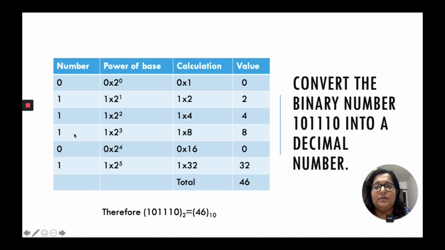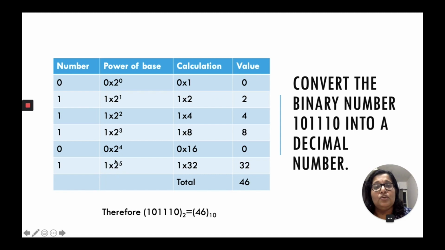The next step is this 1 multiplied by 2 cubed or 2 raised to 3. 2 raised to 3 will give you 1 into 8. That is 2 into 2 into 2. 2 into 2 is 4. 4 into 2 is 8. Your answer is 8. The next step, you are multiplying this 0 by 2 raised to 4. 2 raised to 4 is multiplying 2 four times. 2 twos are 4. 4 twos are 8. 8 into 2 is 16. But you are multiplying it by 0. You will get your answer as 0.